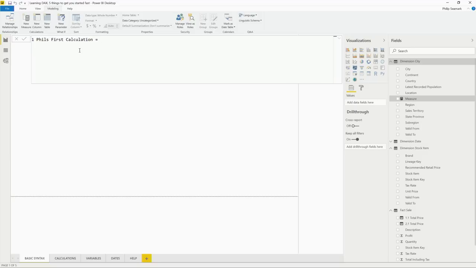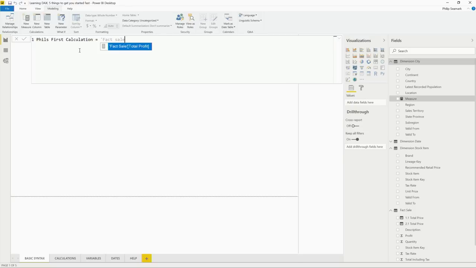So when I want to create a sum calculation over a column in my sales table, I need to type in the name of my sales table. And in this case, it's called fact sale. Now, straight away you can see that it's offering me a suggestion there. This is a concept called IntelliSense. A lot of languages have this. Hopefully it's familiar to you. So this is going to speed things up and mean you don't make too many typing mistakes.